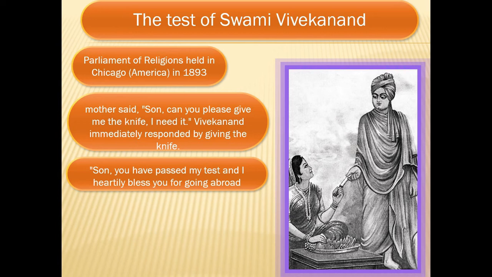Now we can ask ourselves, just by giving a knife, how does a mother do a test? You can see in the picture that Swami Vivekanand ji is holding the sharp part in his hand and providing the safer part to the hand of the mother so that she cannot get cut or suffer any damage.